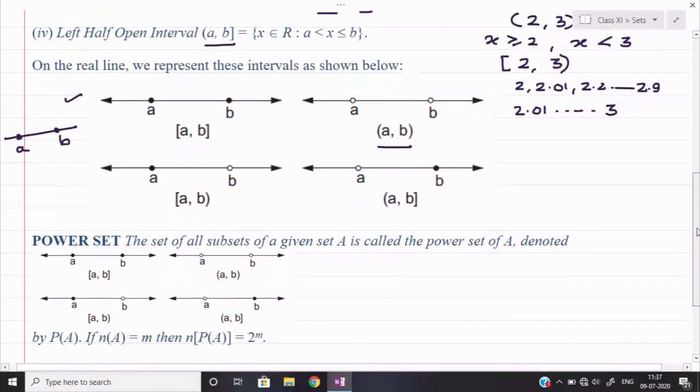You see, from the last 5-10 minutes we are discussing only the intervals, but the weightage of these questions is very less in the examination. However, all these things whatever I have explained to you will be helpful for us in finding the range or domain in the questions of relation and function in chapter number 2. At that time this number line plays a very important role.